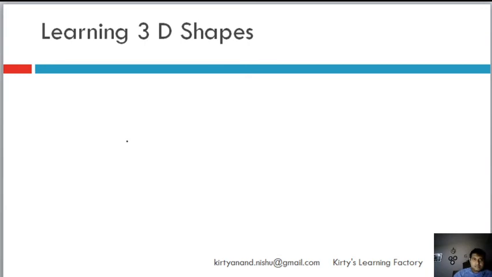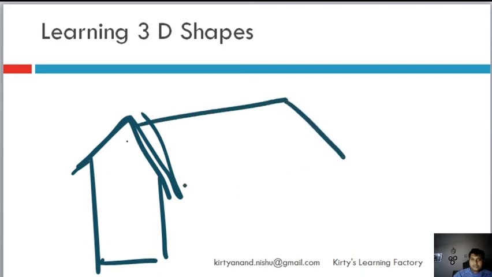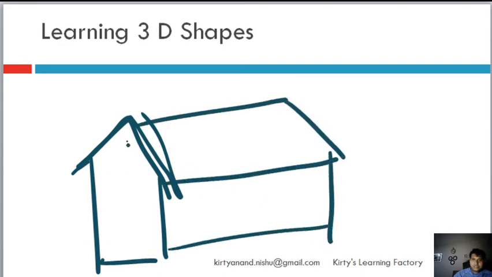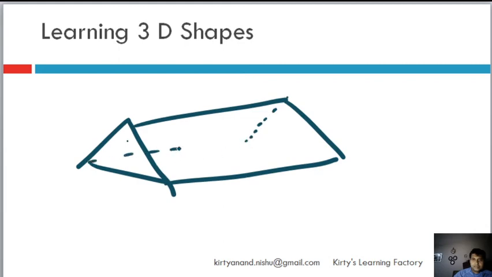Now let's talk about a pyramid. There is a triangle here. Have you seen these cottages in houses? You must have drawn these houses as a child. This kind of a roof, if I just cut the roof and take it out, this is what remains. And this is the projection. This is the back side of it, which you are not able to see.